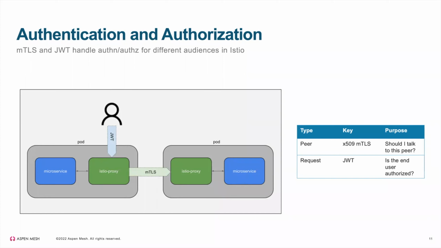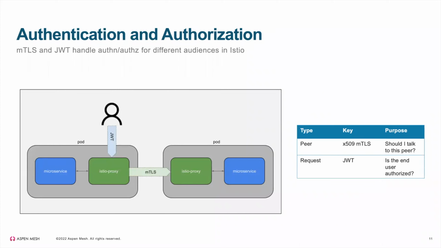There's also some confusion sometimes around different types of authentication mechanisms. So mTLS is really peer-to-peer. It's using X509 encryption, and it's really about, hey, is this one pod allowed to talk to this other pod? For authentication and authorization for an end user, whether it's a browser or an external system or something, that doesn't typically use mTLS. One of the things that does work out of the box is using JOT, or JSON Web